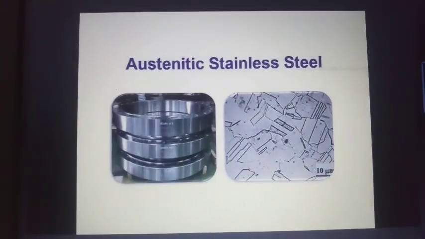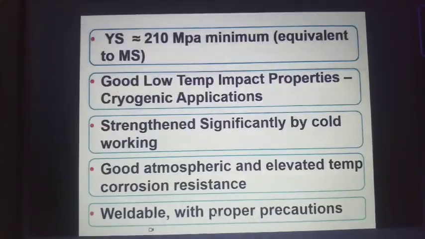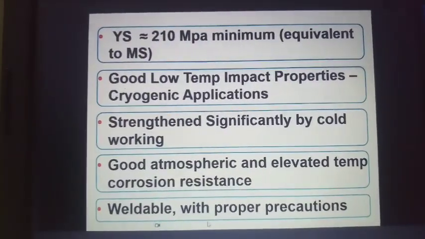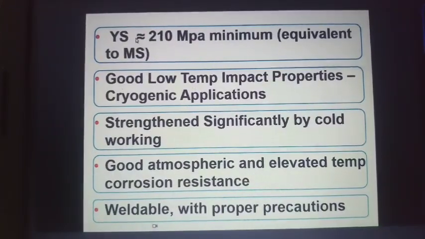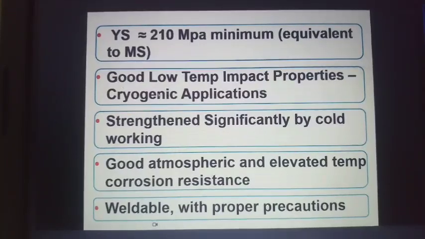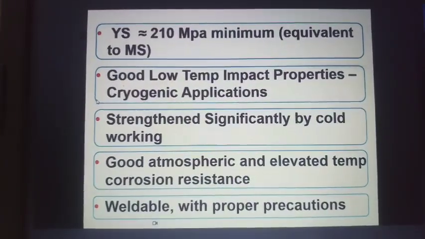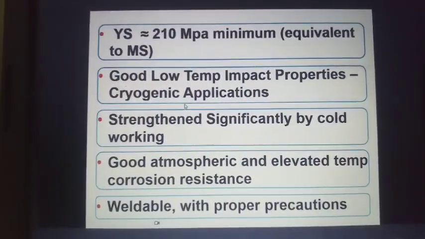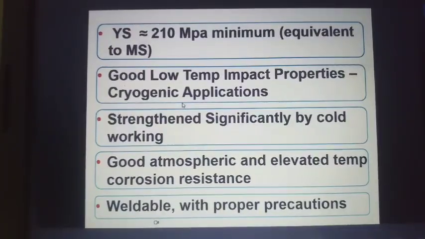Okay. Now, austenitic stainless steel. What are all the attributes of austenitic stainless steel? The yield strength of austenitic stainless steel is typically 212 megapascal, which is equivalent to mild steel. Good low temperature impact properties. That's why when your design temperature is down to minus 196, you go for austenitic stainless steel, and